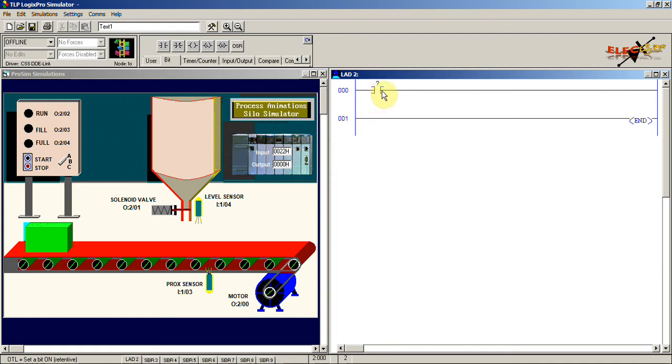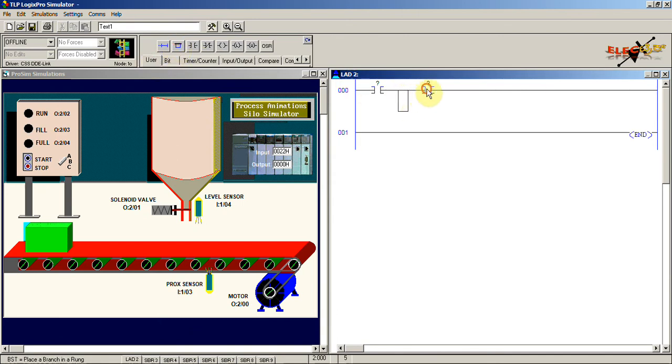Usually the stop push button will be normally closed type, so once we press it, it will lose the logical continuity and that will stop the process. After that, use one more examine if closed instruction for the start push button, and then to hold this we're going to use a seal-in circuit. For that use a branch here and place this inside this branch.